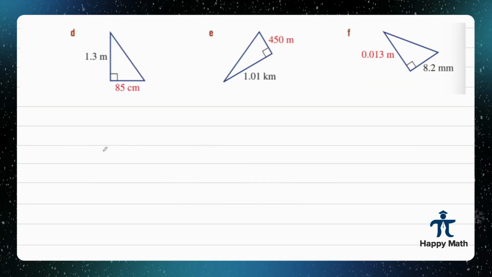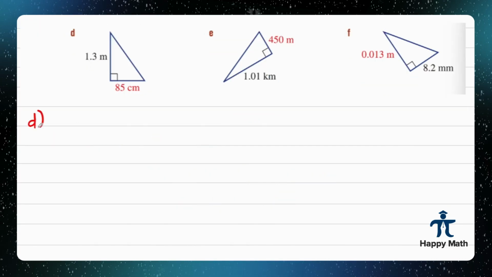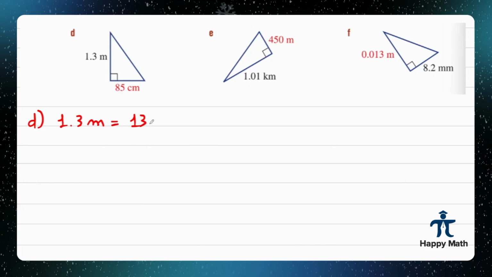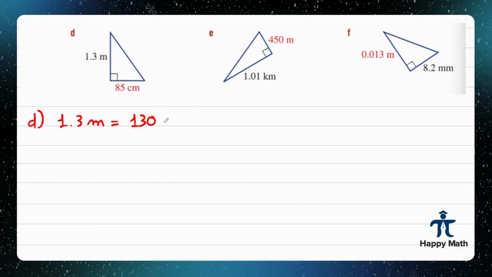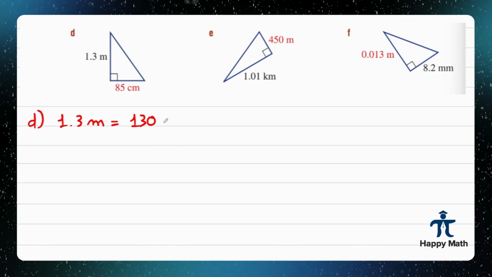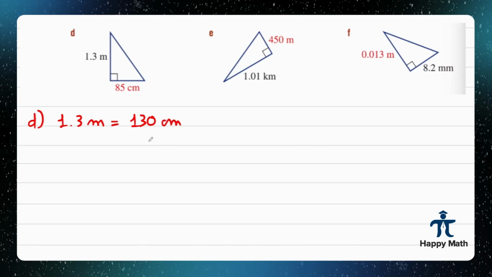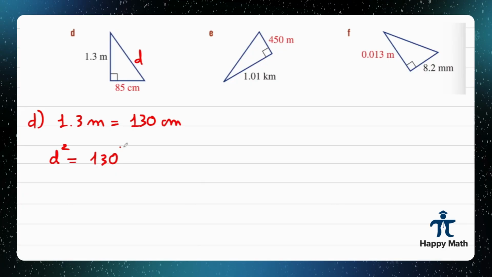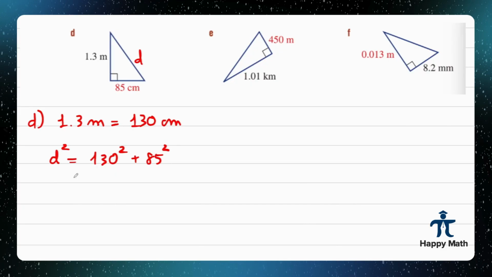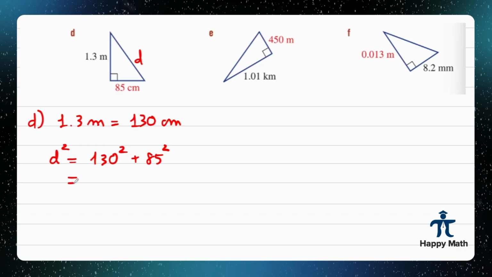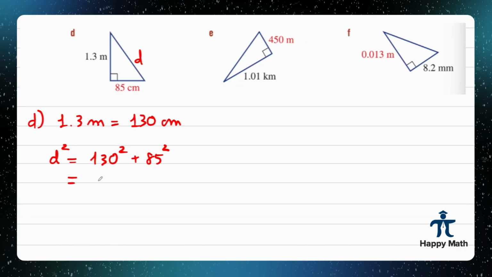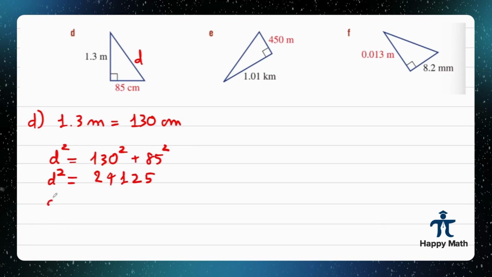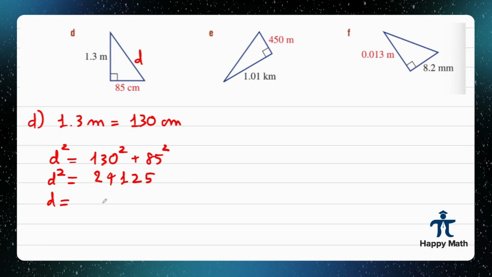The next question is D, 1.3 meter. Convert this to centimeter: meter, decimeter, and centimeter. So it is 130 centimeter. And for the answer to letter D, D squared will be 130 squared plus 85 squared, and this is D squared, and for D you will get